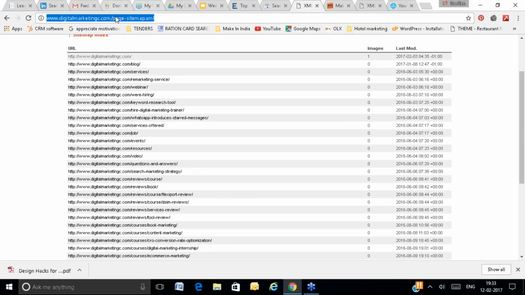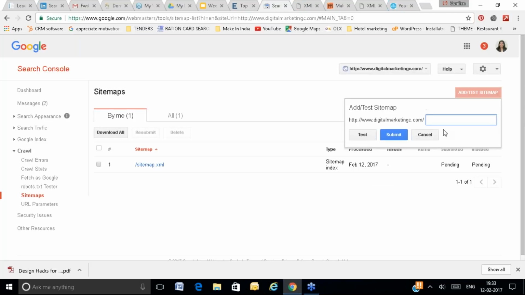Let's suppose I want to submit this page to Google. You can just copy this and paste it. But make sure this file is available on your server. If you have not uploaded this file on your server and then you submit it, it is not going to give you anything. Whatever file lists all the pages of your website, you have to submit that to Google.